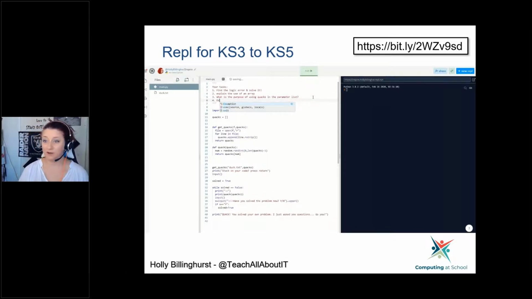Now, if you'd like to have a look and have a play with this particular piece of code, I thought it might be quite useful for you as you are developing, because we have a digital debugging duck. I love my rubber ducks. I know loads of you have already talked about rubber ducks with me before. Rubber duck debugging